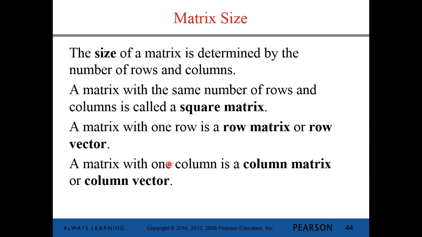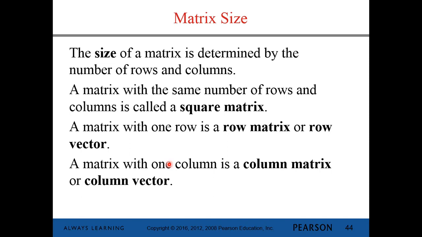Now, how do we talk about the size of a matrix? Well, the size of a matrix is determined by the number of rows and columns. And we always say the size of the matrix is determined by the rows first, then the columns. So if we have a matrix that has 3 rows and 2 columns, we would call that a 3 by 2 matrix. If it has 3 rows and 3 columns, then we would call it a 3 by 3